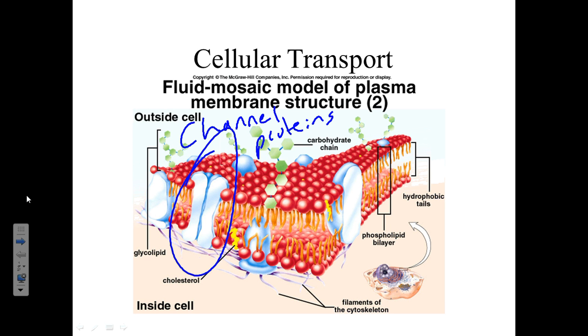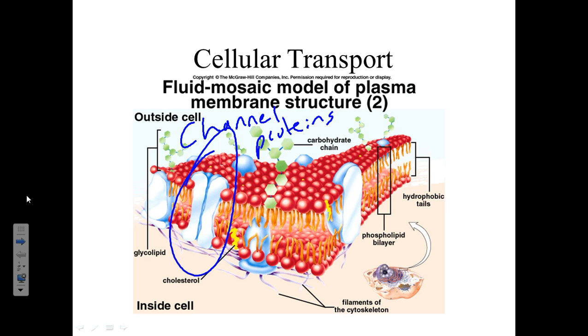What kinds of things can go in and out of the cell through the channel? Things that are charged or things that are big. That's how they get in and out. Think of it like a tunnel for those kinds of things. Turns out there's a separate tunnel, a separate channel